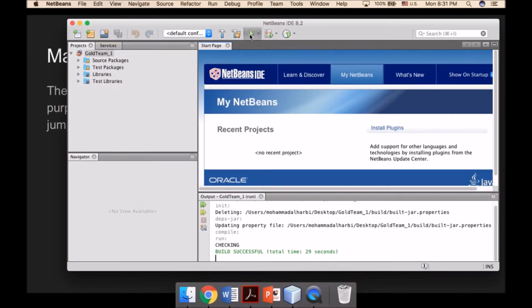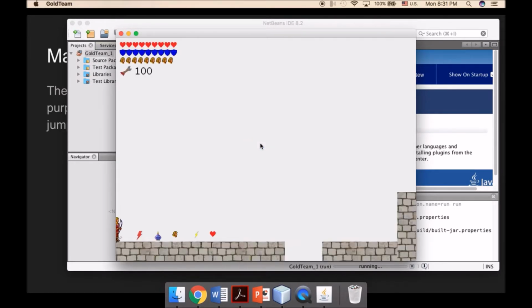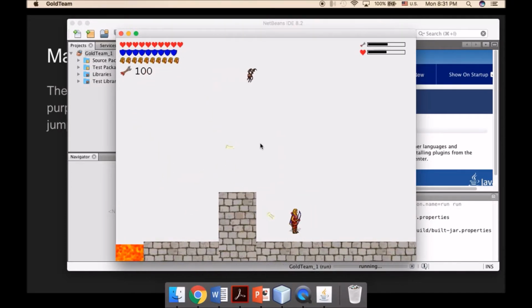The demo of this. So as we can walk, jump on, jump off,